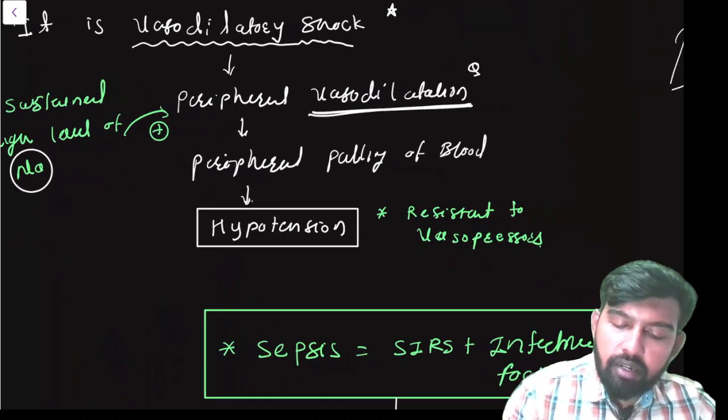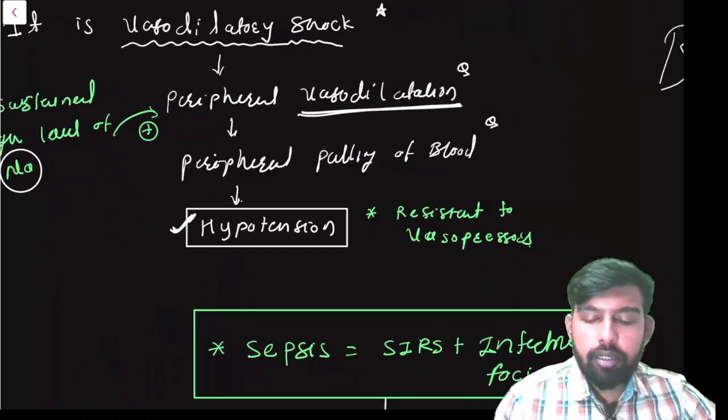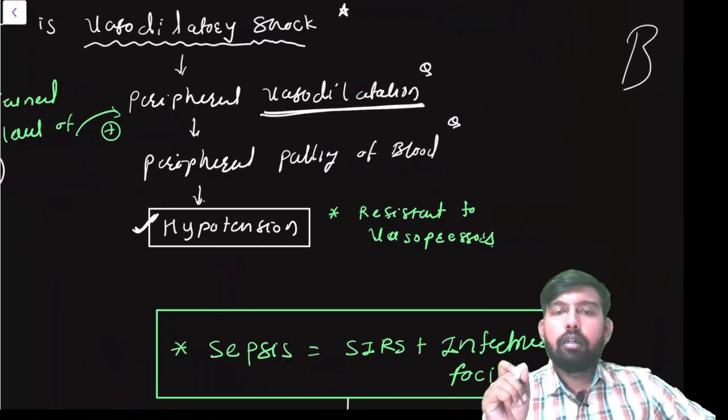So there is a peripheral pulling of the blood which ultimately results in hypotension because of the decrease in the